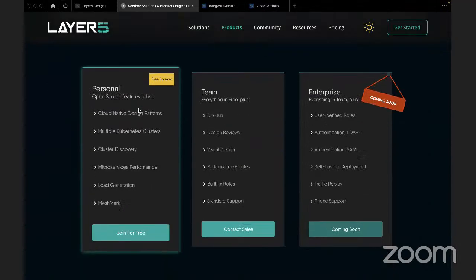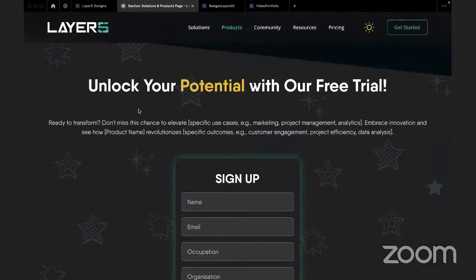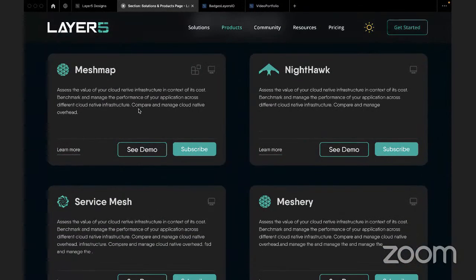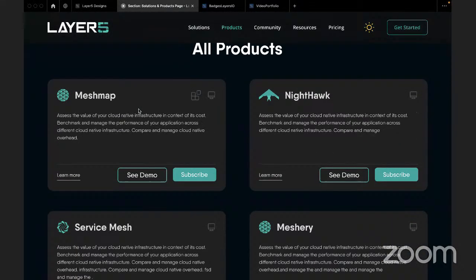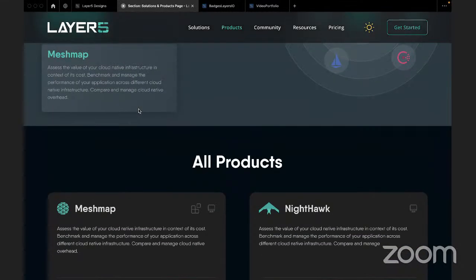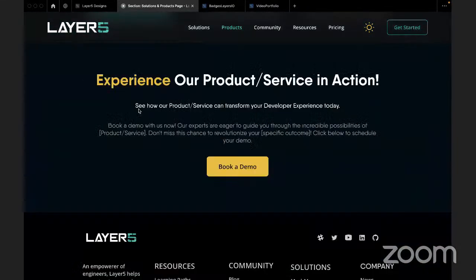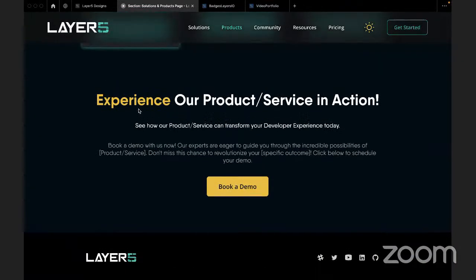For the free trial section, we already had a button on the homepage which redirects us to the calendar for booking a demo. So maybe you can incorporate that section there. Which section are you talking about in particular? The free trial section. This one. Okay, you are talking about this section.